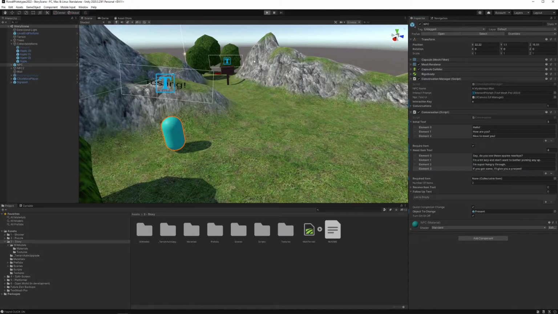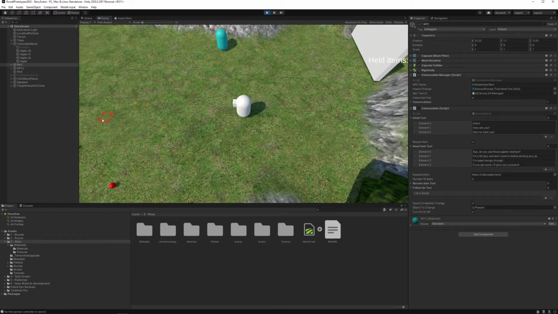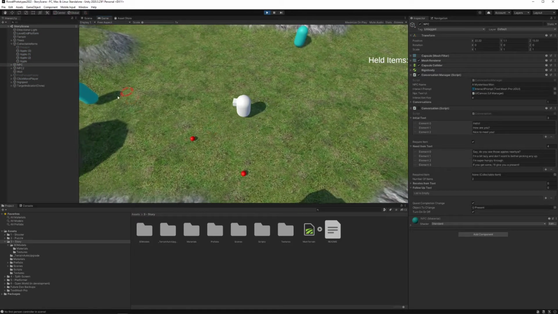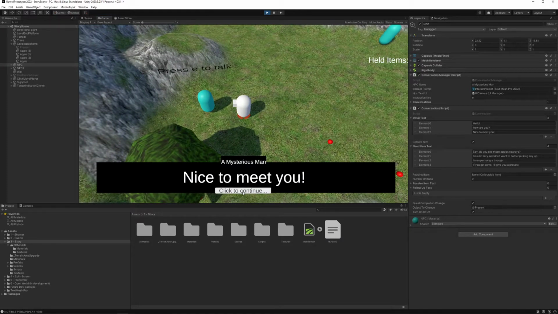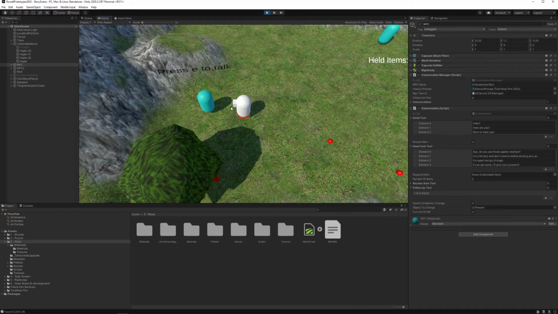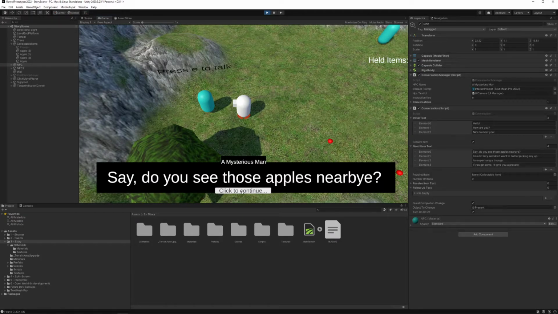Let's go and see if this functions. I recommend you test this out yourself. Maybe you want to throw in some different text or change the text that's already there to see how this works. And I talked to him. Hello, how are you? Nice to meet you. So I've talked to him once, got the introduction, and now I get the update on,